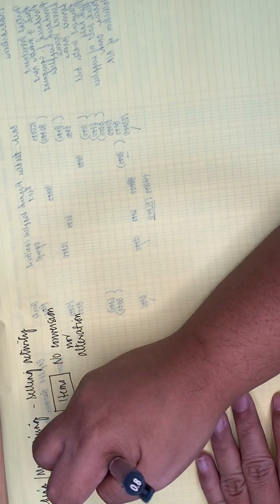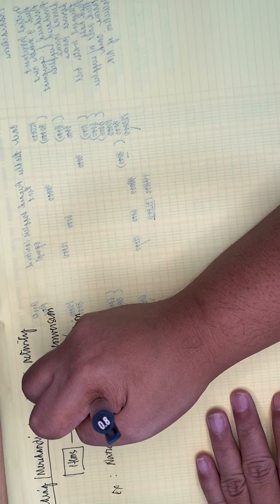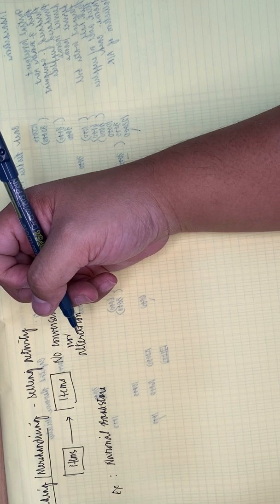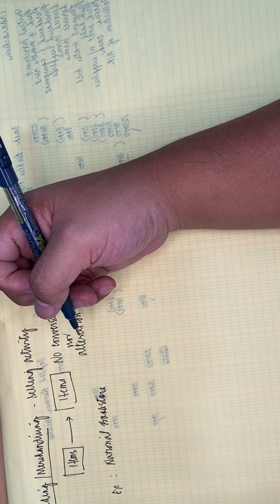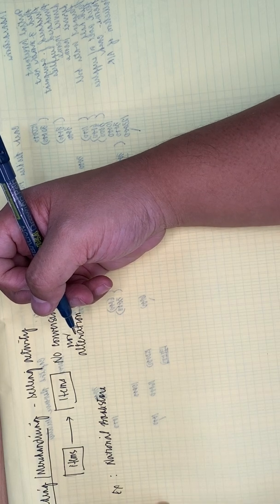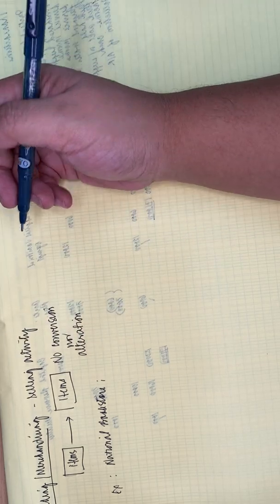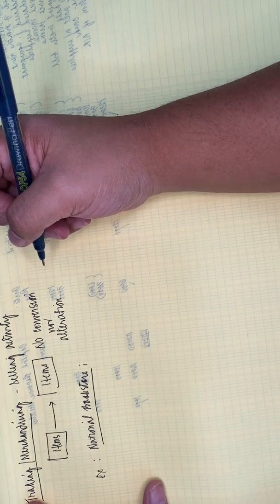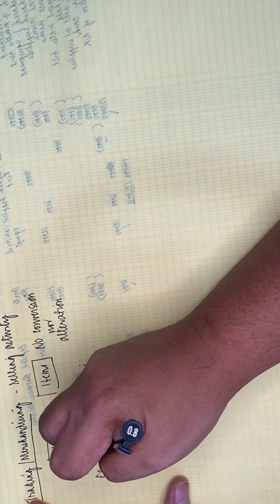National Bookstore, for instance, buys the items and then sells them to students in their original form. There's no conversion done in the process before they sell. What else do you know? I leave it up to you guys, but one example that we all know of is National Bookstore. So what's the difference between a trading and a merchandising?